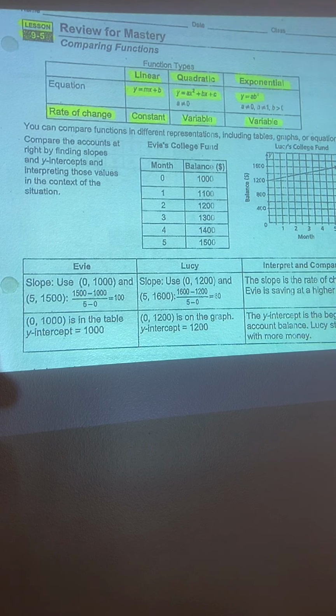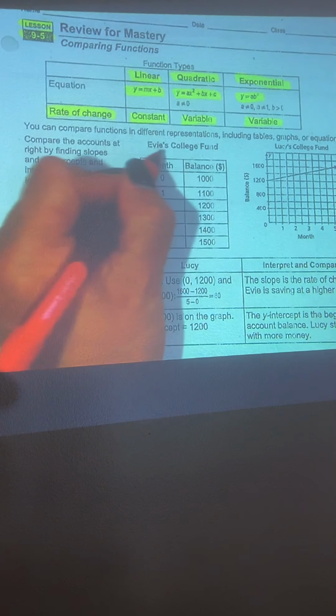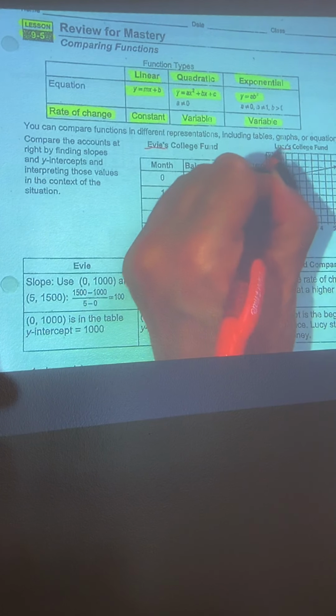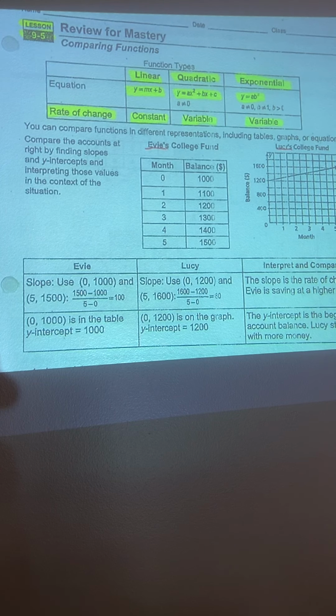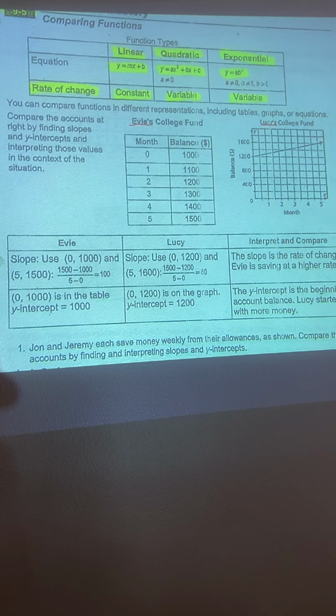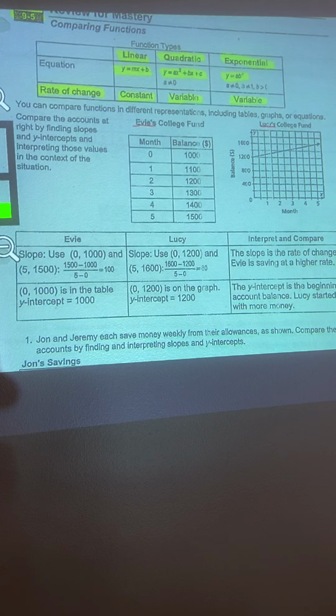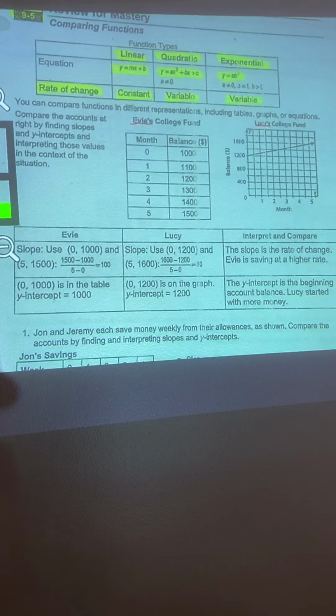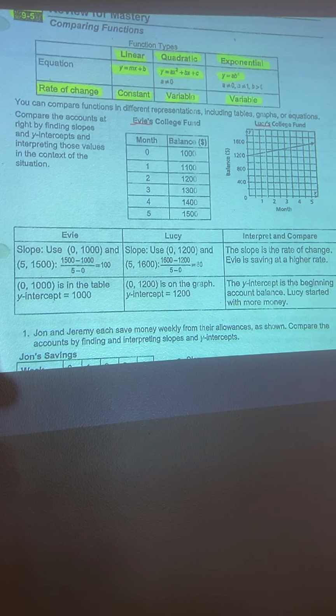And you can compare them. We're going to do that now. You can compare functions in different representations, including tables, graphs, or equations. All right, we're going to compare them by finding slopes and y-intercepts. So let's compare Evie with Lucy. We're going to compare Evie to Lucy's college fund. All right, so looking here. Hold on, let me make sure you guys can see this. Okay, so looking here,